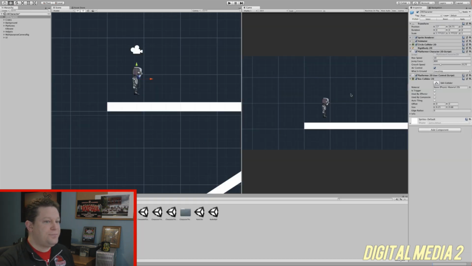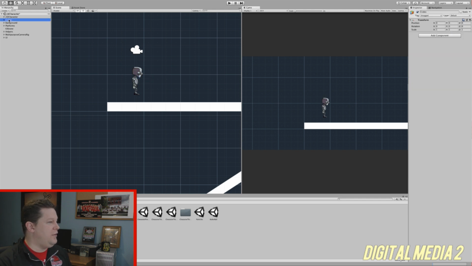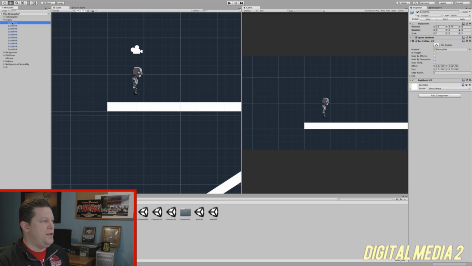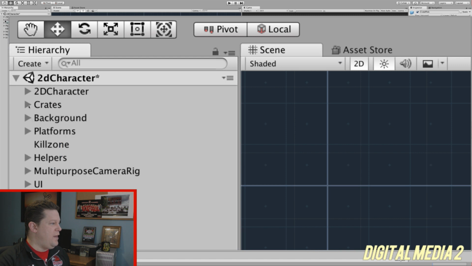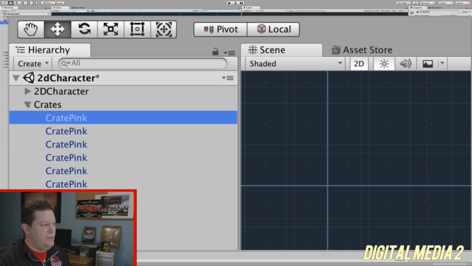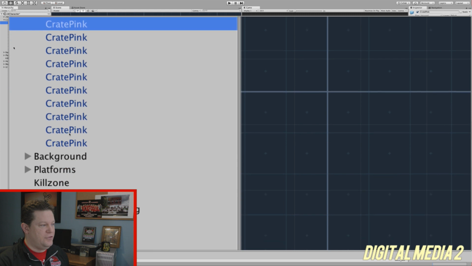All right, now, next part of all this, we're going to take a look at the crates so that we understand what all is in the crates and what's going on there. We've got a number of different crates. Now, the way this is organized is we have an empty object here that has a bunch of stuff in it. Think of it almost as a folder. So I can drop this down, and inside of that folder